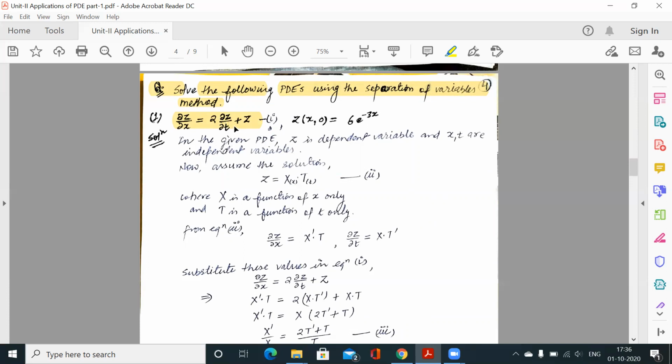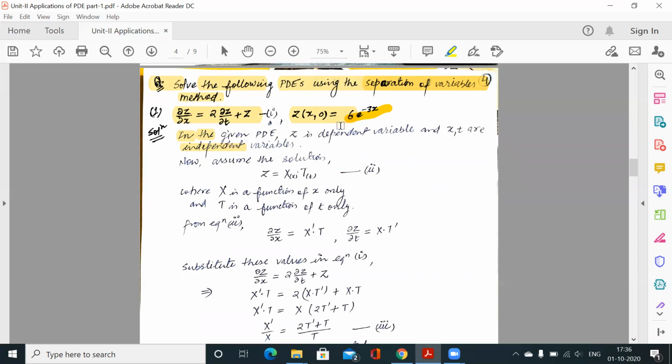So it can be solved by CPI also, it can be solved by Lagrange's method also, but we have to solve this using the separation of variables method. So this is the one condition given. I told you initially in unit 1 that whenever we are given one condition, that means we have to find the particular solution, not the complete solution. So in this case, we have to find the particular solution. For that, we need to have the general solution first, means the complete solution first.